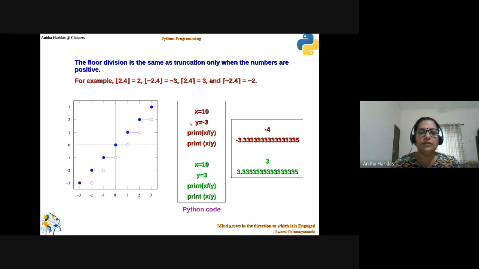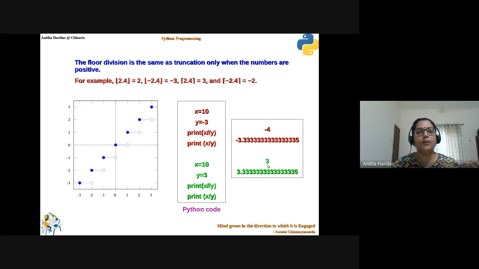Okay, so this example I showed you how it is used in a Python program. When I have normal division, what is the output? When I have the floor division, what is the output? So I repeat here, if it is floor division, it takes the floor value, right? So the next lowest value, which is going to be the integer, will be taken here.